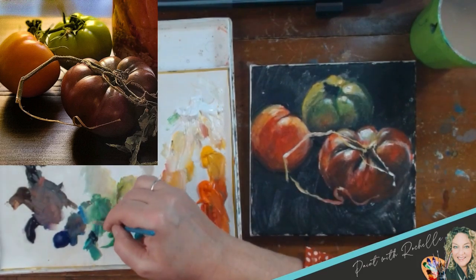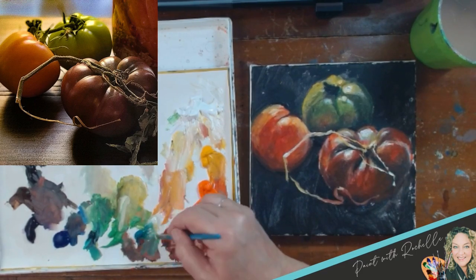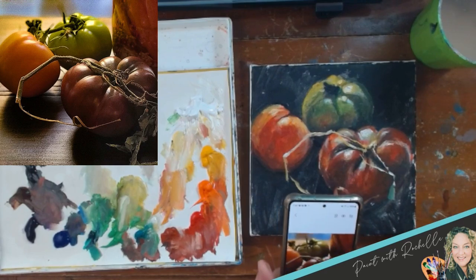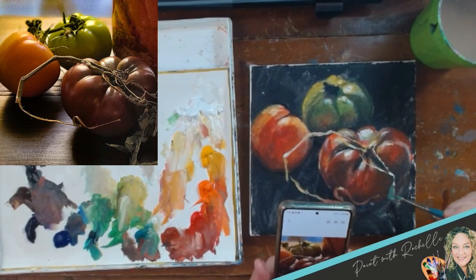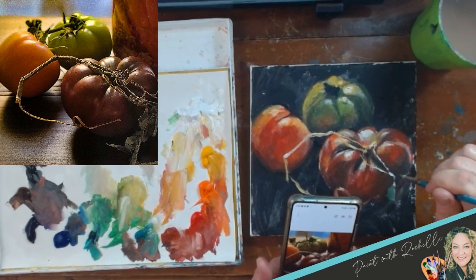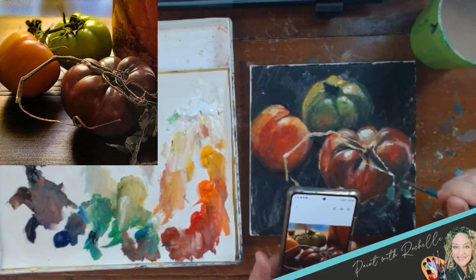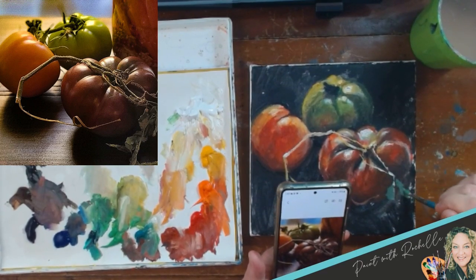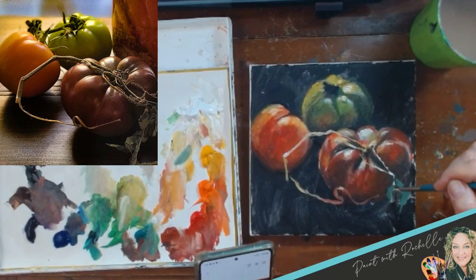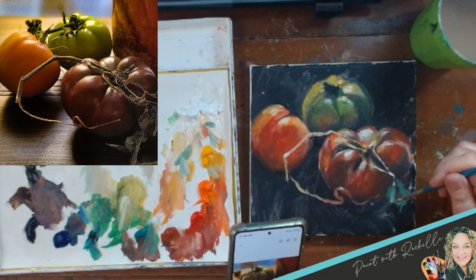Now, when we're going in front here, boy, I see it's a really cool bluish leaf, isn't it? I mean, it's in shadow, so you're tempted to go, I don't know what's happening there, but all shadows are blue to some degree. But in this leaf, I think you can really see it. And so it's kind of shrivelly, so it has some different lights and darks in it that you don't have to be super specific about. You can